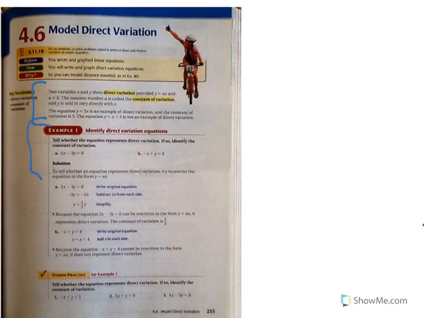And then just as examples here, it says 2x minus 3y is equal to 0. So you're supposed to tell whether it represents direct variation, and then if it does, solve and try to figure out what that variation is. So let's rewrite this out. 2x minus 3y is equal to 0. So we're going to